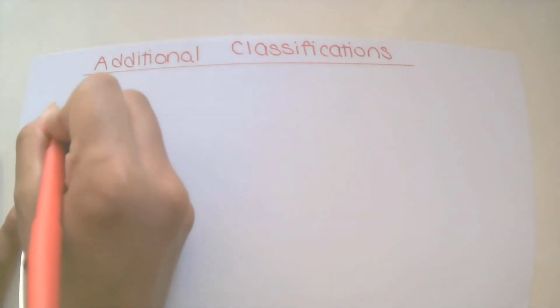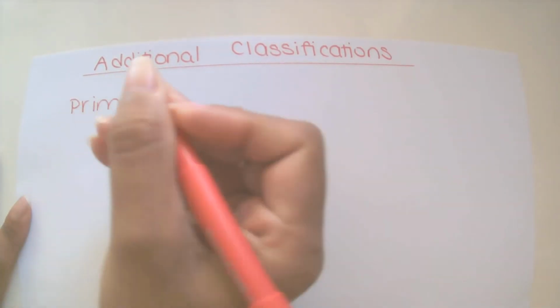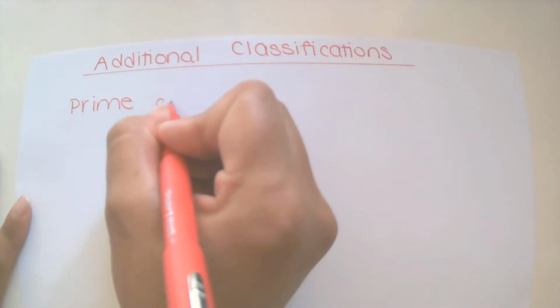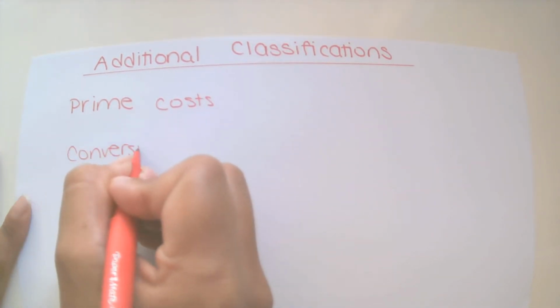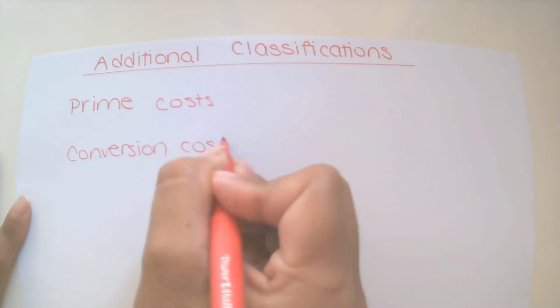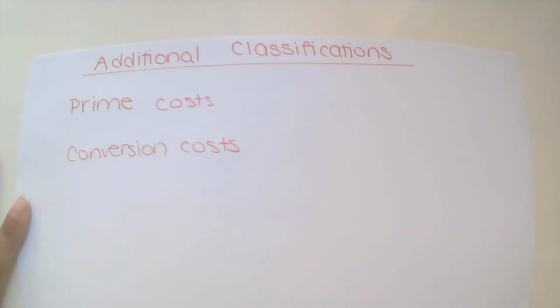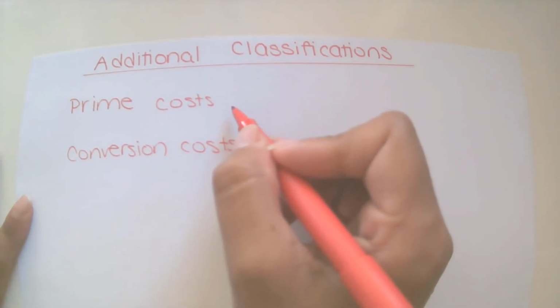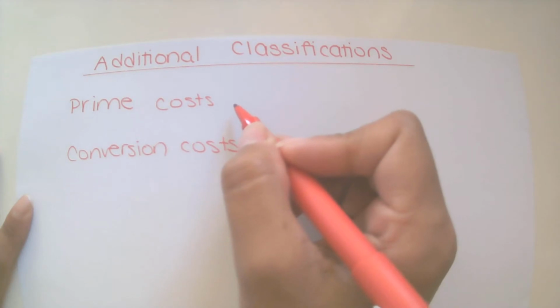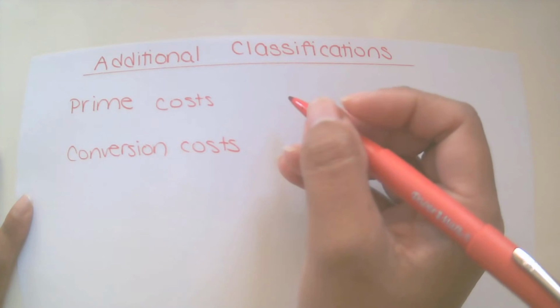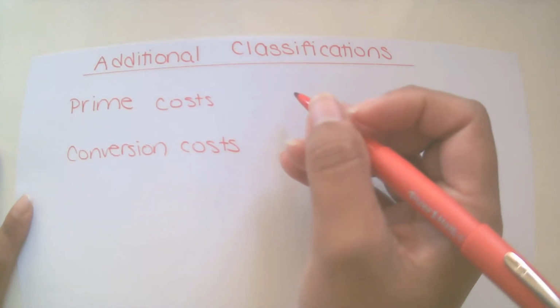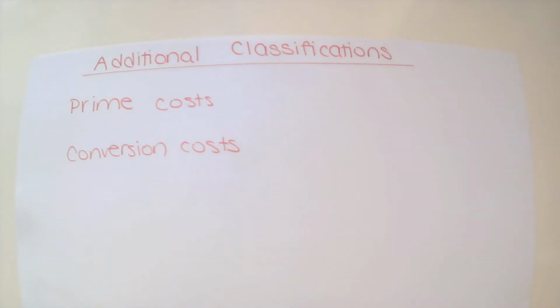Just when you thought we were done with classification, there's a couple more that your book talks about. It talks about a category known as prime costs and conversion costs. Prime cost management thinks of those as their primary costs, the bulk of all their manufacturing costs. And if you think back to last topic, I told you that direct materials were about